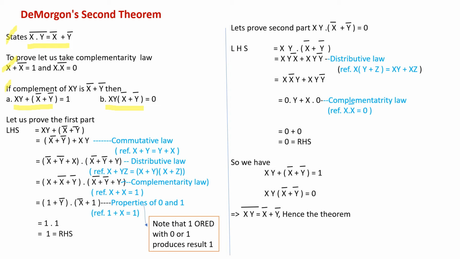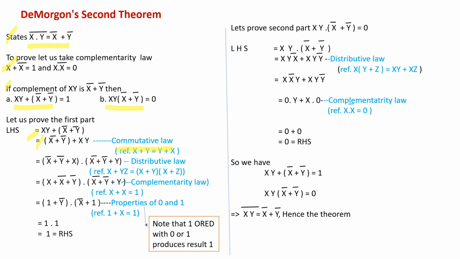First we are going to apply the commutative law and interchange the position of the first part of the expression and the second part of the expression, because according to the commutative law, x OR y is the same as y OR x. Then next we are going to use the distributive law to simplify it further. According to the distributive law, we know that x OR (y AND z) is the same as (x OR y) AND (x OR z).